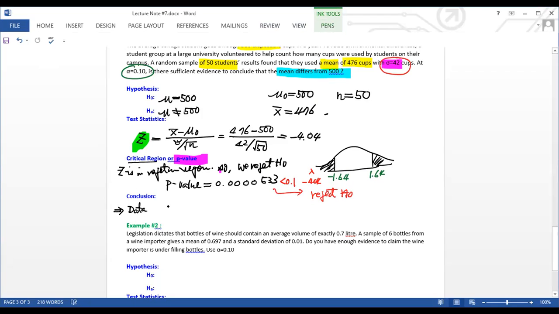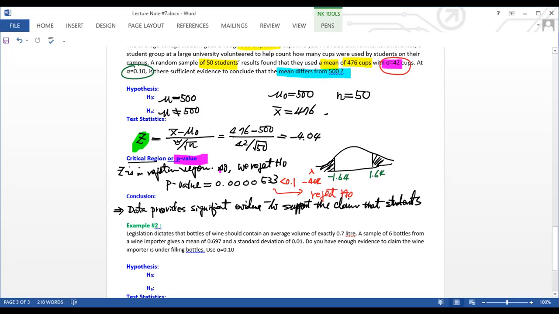So we say the data provide significant evidence to support HA, the claim. What is HA? It's not equal. So you need to write down what you're supporting, the claim that the